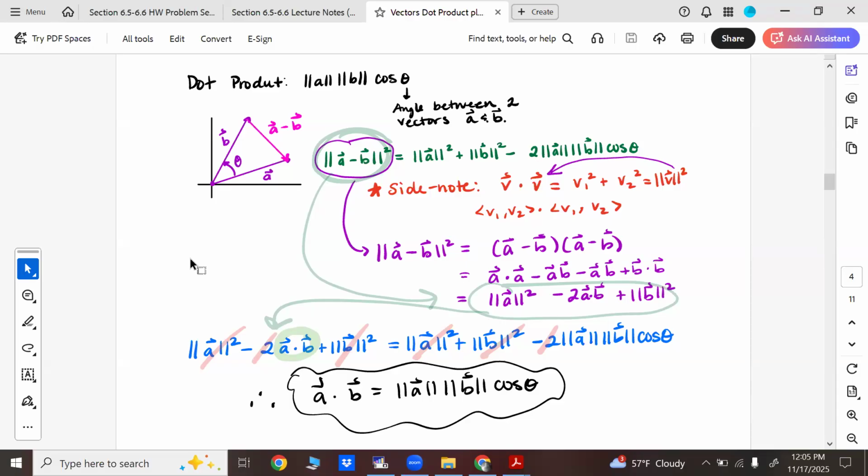So for the magnitude of A minus B, if you were to boil that down, okay. If you try to find the magnitude of that, you are getting that. And then things should all cancel out nicely. So if you go through the process and cancel things out, you should stumble upon the dot product, which is